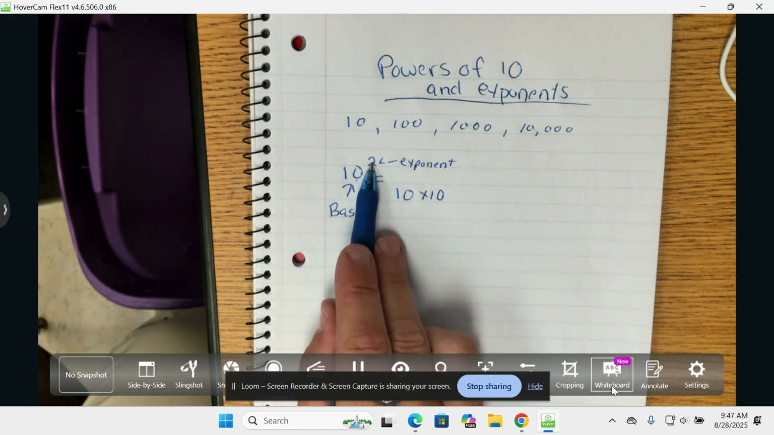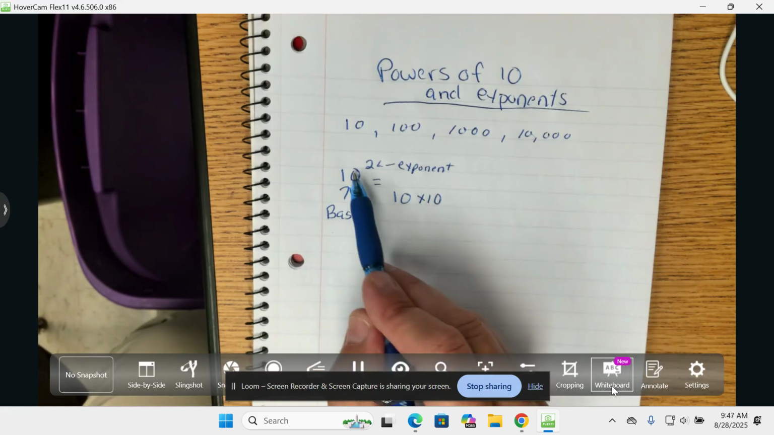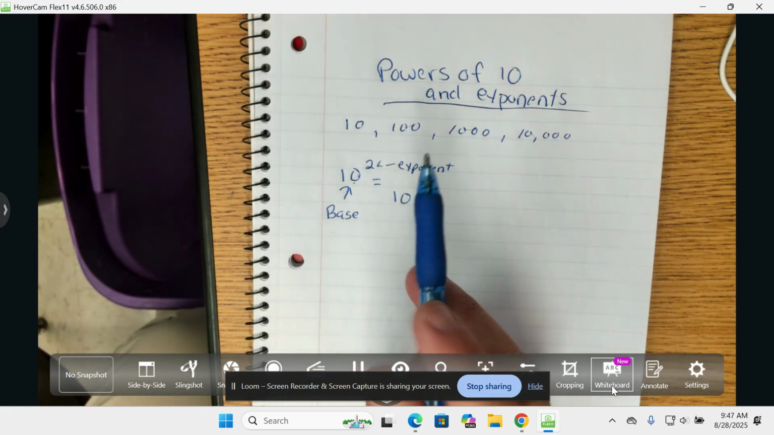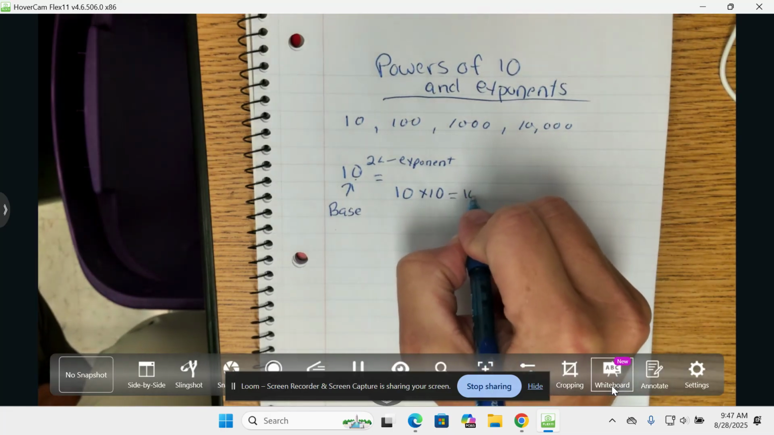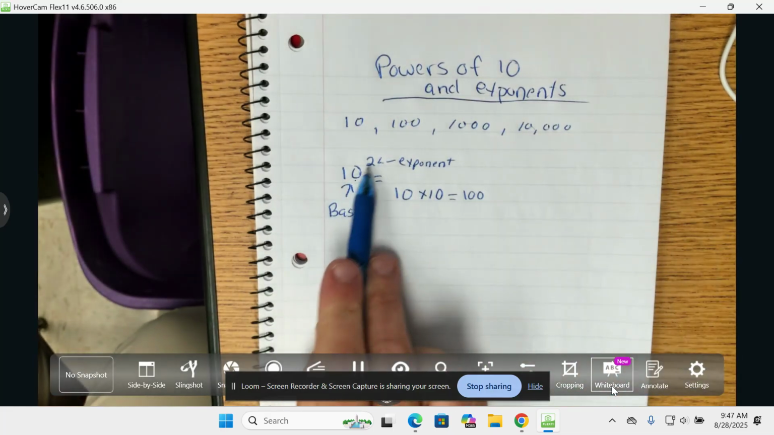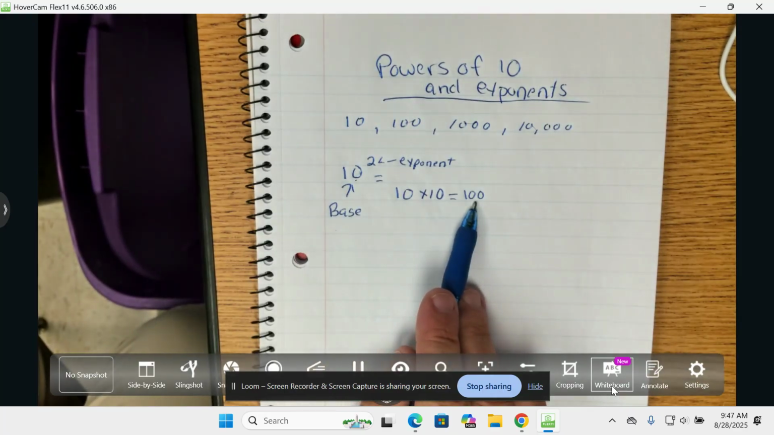It tells you how many times to multiply the 10. Not add, not multiply these two numbers. You never, ever take the base and the exponent and just multiply. That's a very common mistake, though. And then our answer would be 100 when we solved it. So 10 to the second power is another way to write 10 times 10, or it's another way to write